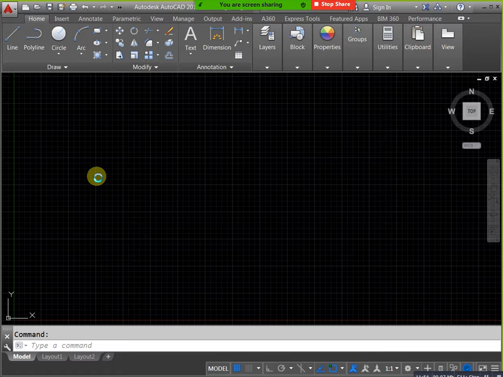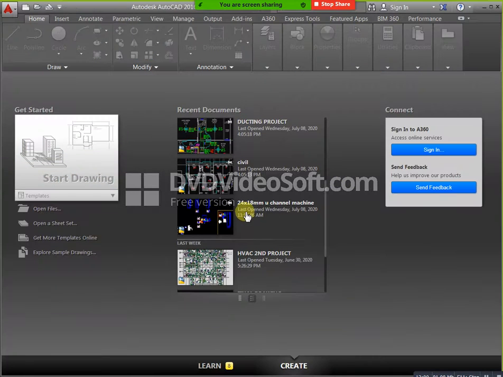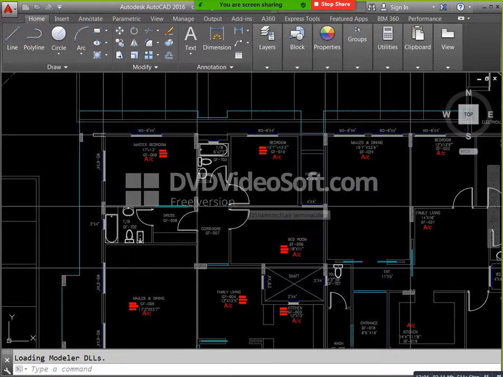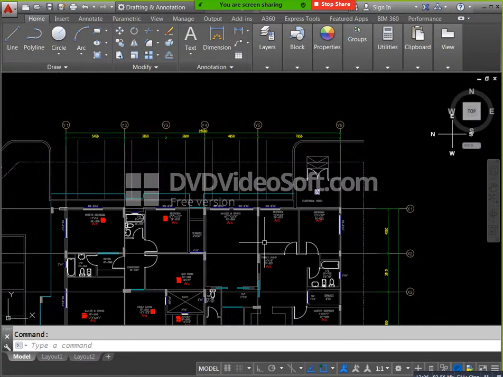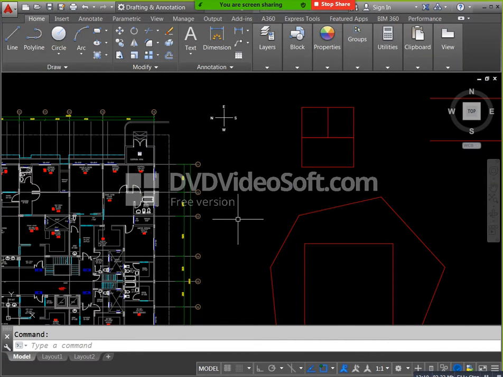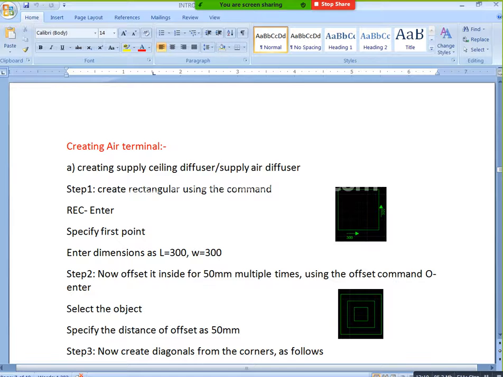Directly we will go and open our project. This is our ceiling pipe. Here I need to create my supply ceiling diffuser. For example, you will take 450 by 450 or 300 by 300. For example, I need to create 300 by 300. If you need the procedure, I will give this note, don't worry. Here you have the entire procedure for how we can create it. I'll create it directly. Just you can see, this is my first point.